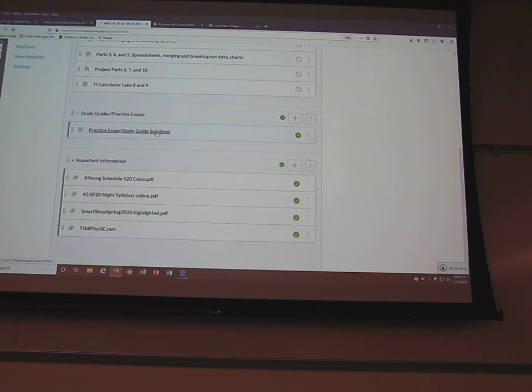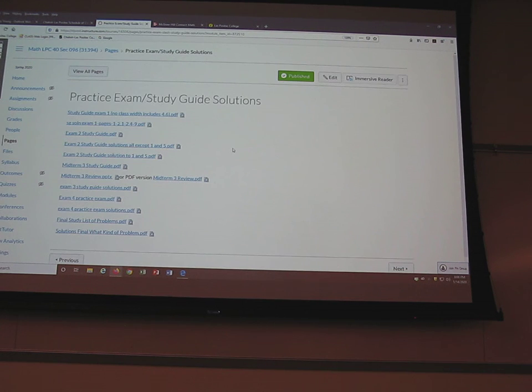Study guide to practice exams. So for every exam, you'll have a practice exam that you can do. You don't have to do it. It's optional. But it's good practice because they are very similar to the actual exam problems. And there are always solutions for them as well. I would recommend doing the practice exam first, so then you can figure out what you're struggling with